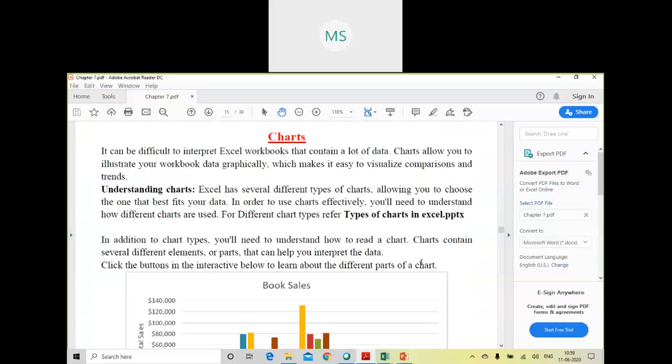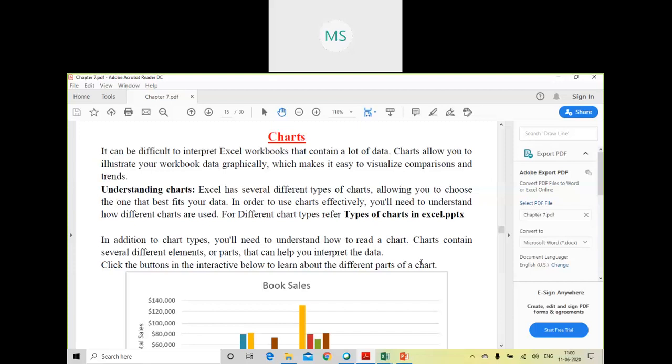Charts allow you to illustrate your workbook data graphically, which makes it easy to visualize comparisons and trends. It allows you to compare different data and different trends. You can represent your data in different charts like pie charts, bar diagrams, line diagrams.